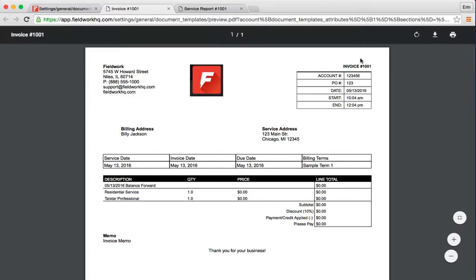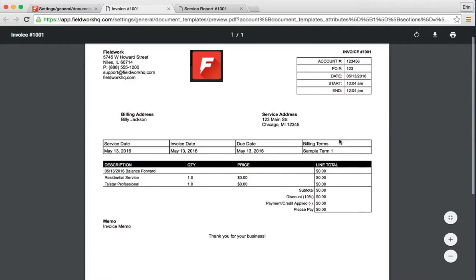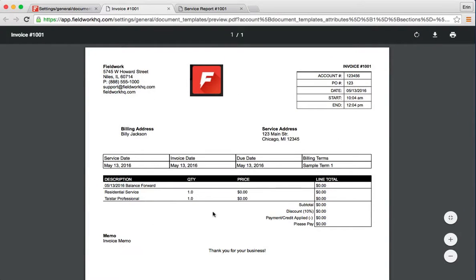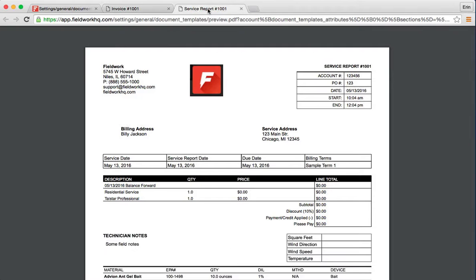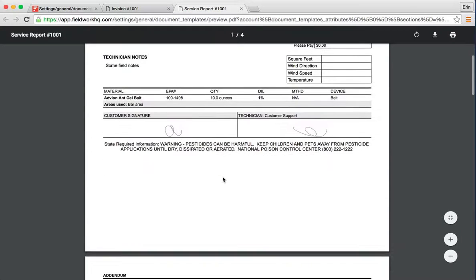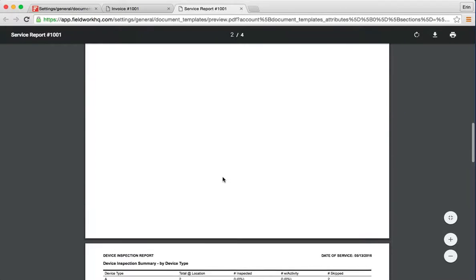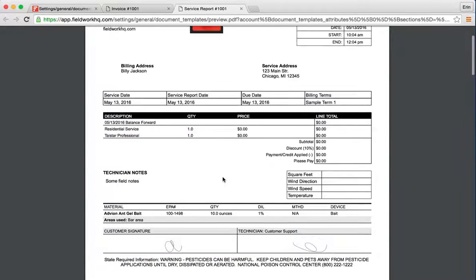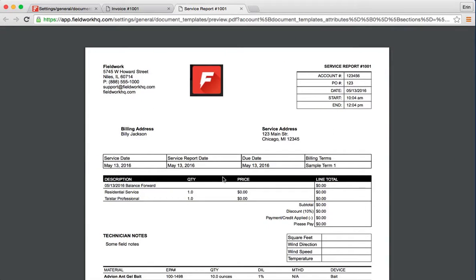As you can see, the invoice and the preview number will always be 1001. The invoice has all of the specifics that you are accustomed to seeing on the invoice, and the service report has everything that you're accustomed to seeing on the service report. Here's the addendum. You'll have a device inspection and photos. So this is the preview and will allow you to design the document the way you would like it to